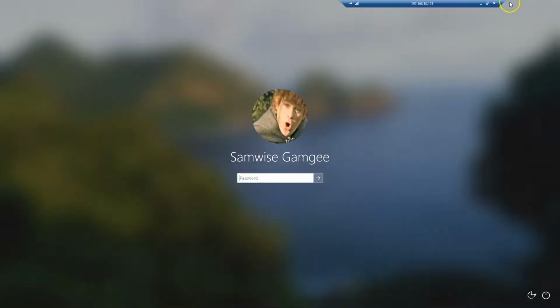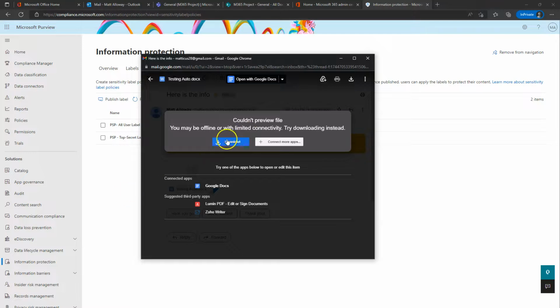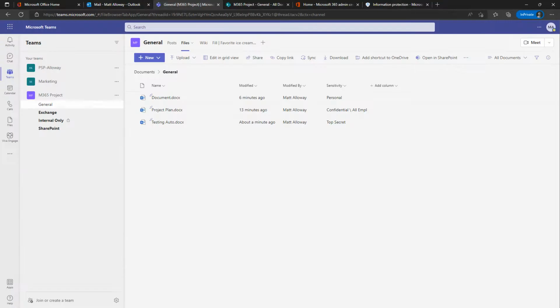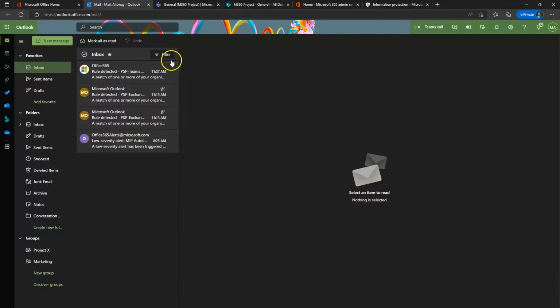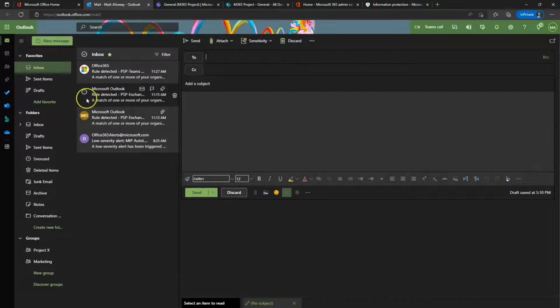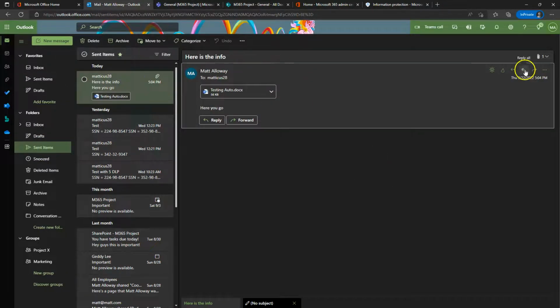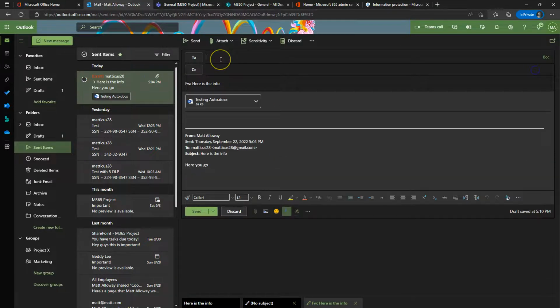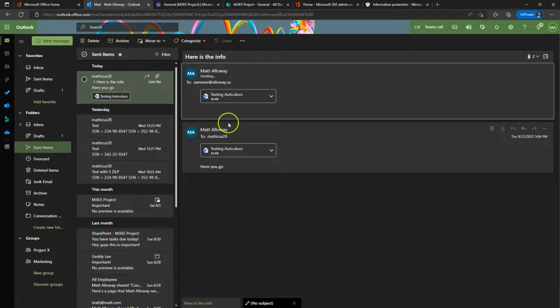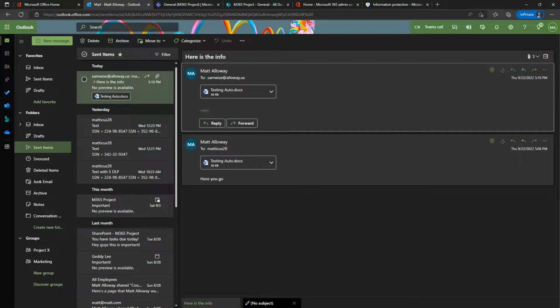So let's try this one here. I'm going to send it to this account. This is a completely different test account, test user here. Since I'm on the same computer, it has cached me in there, which is not a problem. So I'll take this sent item and forward it over to my test user that I have here in my environment. We're going to send that out to the organization. So it's a completely different user, completely different everything. If I come in to that account,